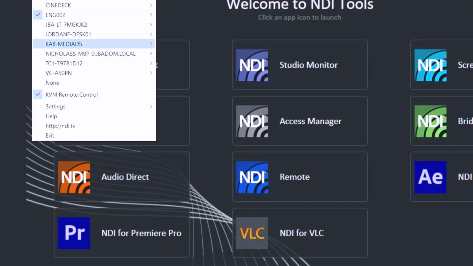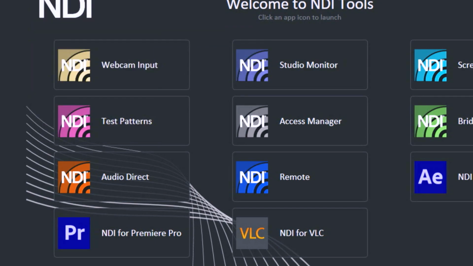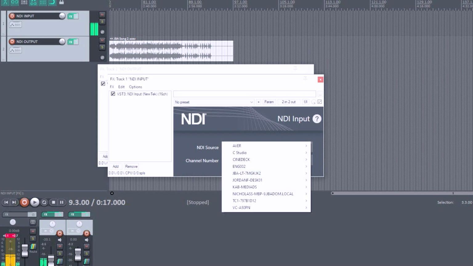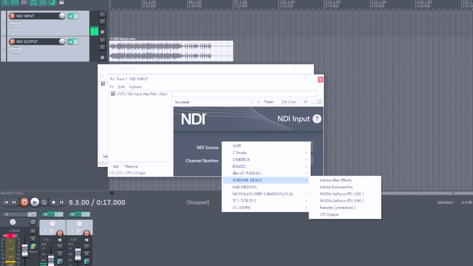Because ideally, if we jump back to Reaper, if we look at the input one, what are you looking for? The input, the NDI input. There we go. If we go back to our sources, if I'm looking at bringing a source into TriCaster, we already know the Premiere Pro plugin is there, but you could route the audio through a DAW and remix it or add effects to it in real time that Premiere would take time to render, and then push that output right back into the TriCaster.